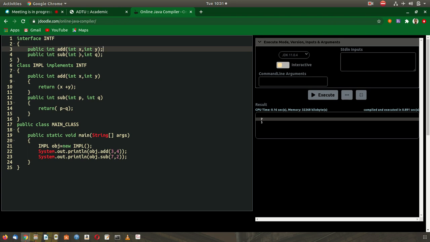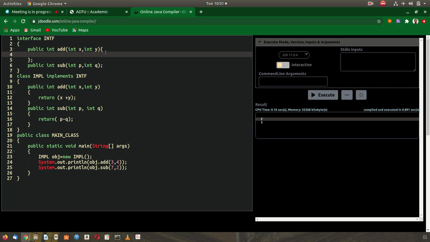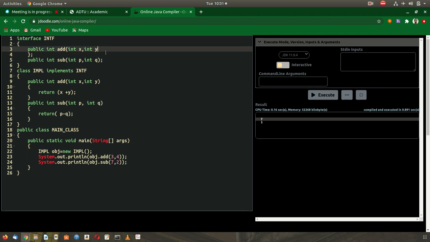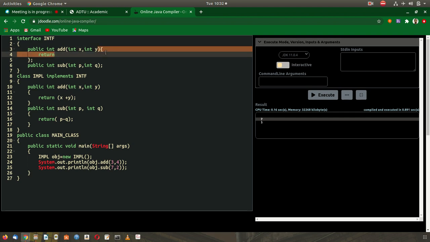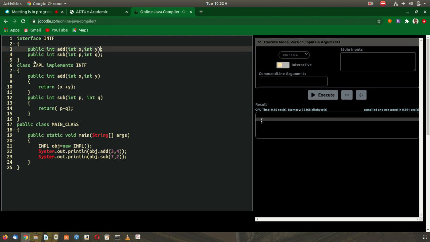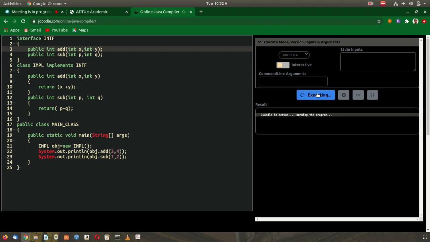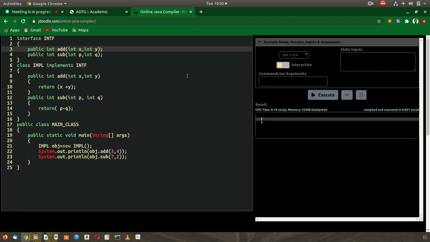So here, if we try to write some code, it will give an error, definitely. You can check it. I'm not going to do this now. It is a function with no implementation.